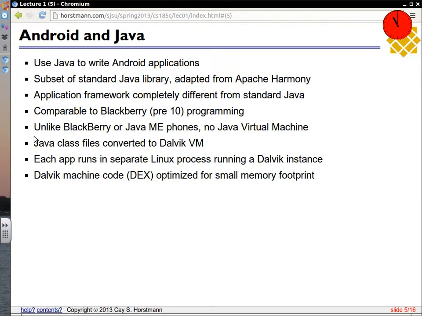The Java that Android uses is completely different from either Java ME or the BlackBerry application framework, so they just wrote it from scratch. And what they didn't do, though,